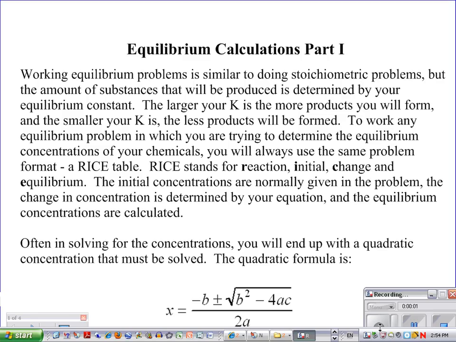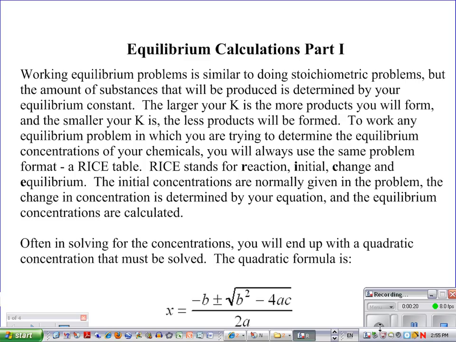Okay, so now we're going to do some calculations with equilibrium. And we've done some calculations similar to this, and we called it stoichiometry. But now this is going to be related to an equilibrium constant. How much we're able to actually produce of both our reactants and our products is going to be related to